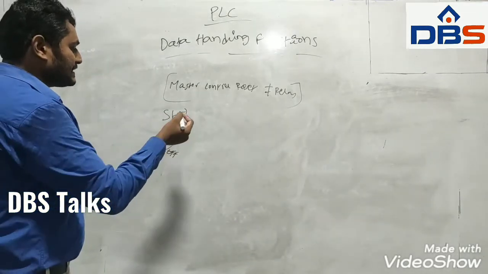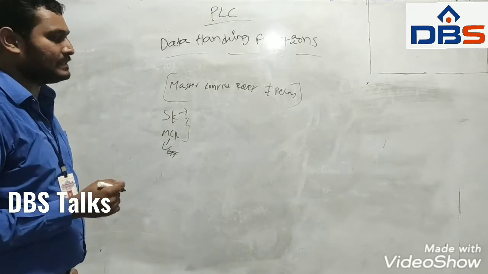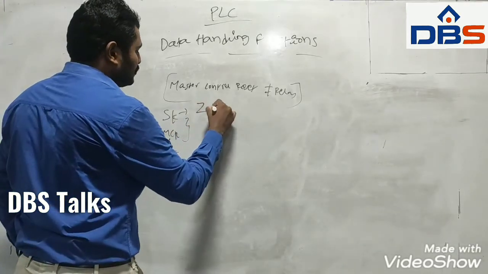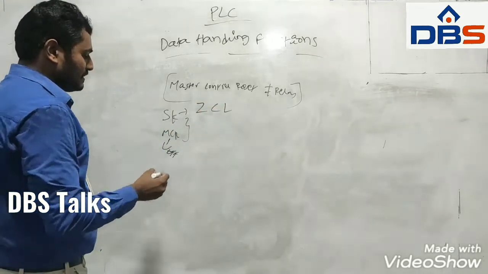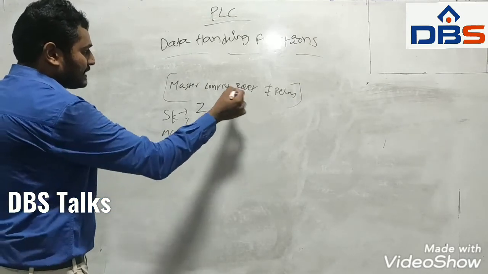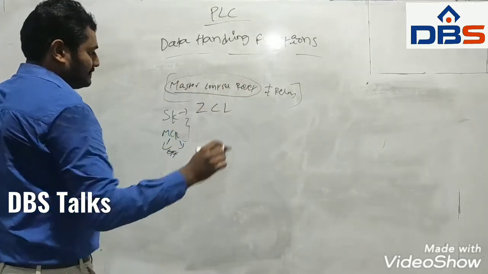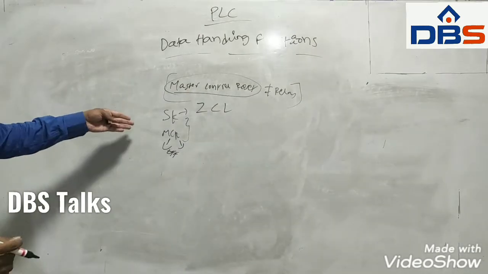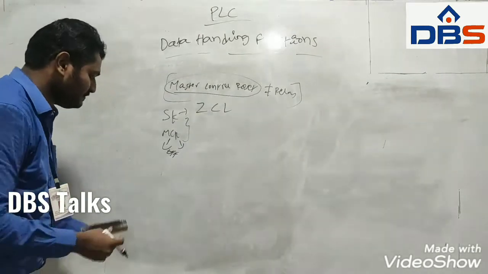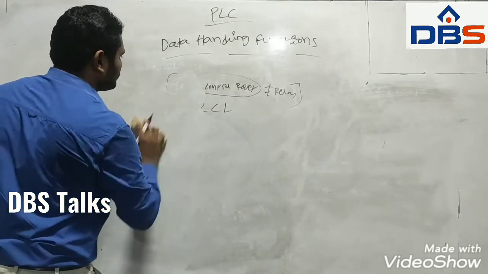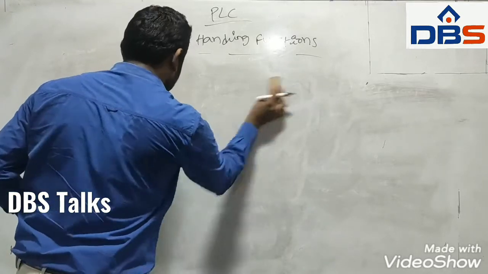In some PLC systems, the skip function is also called zone control logic. The MCR is also known as, as I already said, master control reset. So these are the differences between the skip function and the MCR function. And next